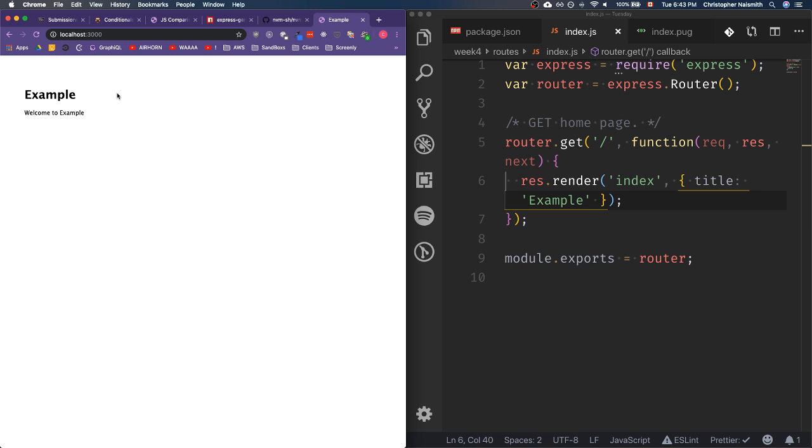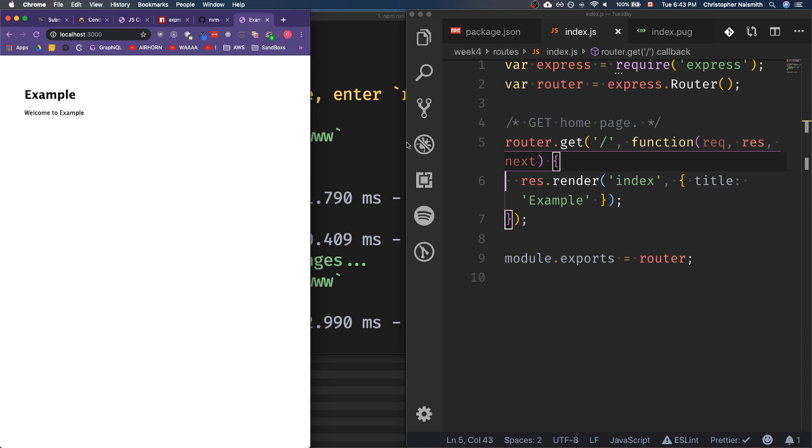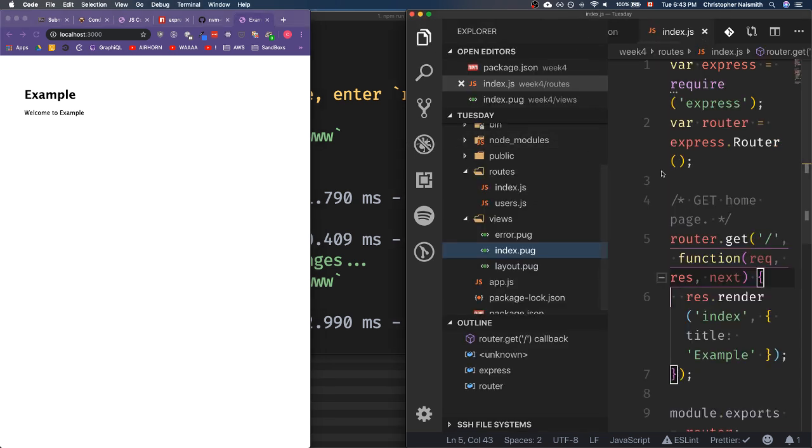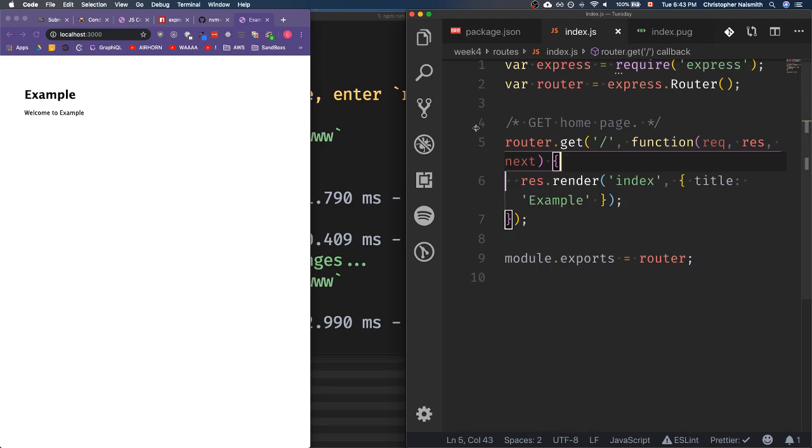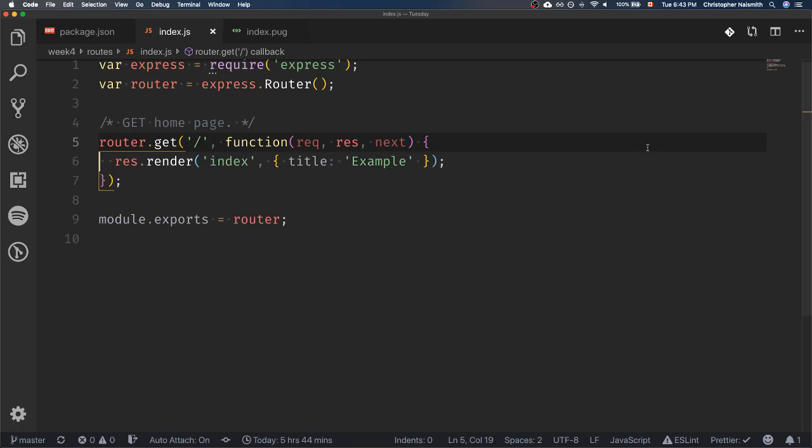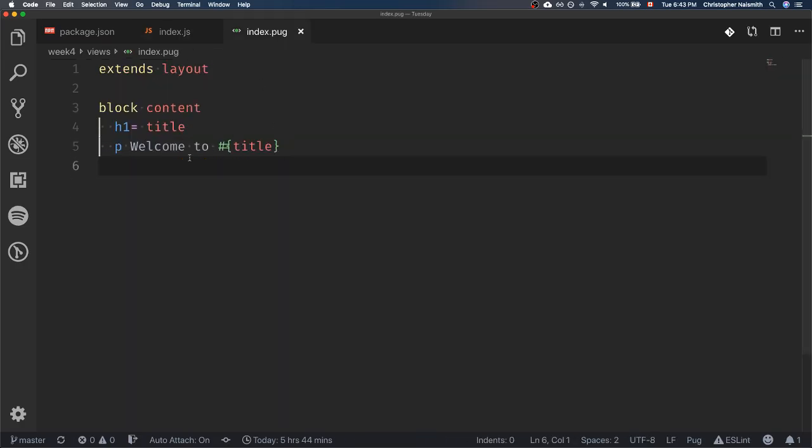So inside of our index.js is where we would do any sort of calls to a database to get information that we could then pass to our view to render onto the screen. But you can also see that if this was a valid HTML file, we would have like our doc,